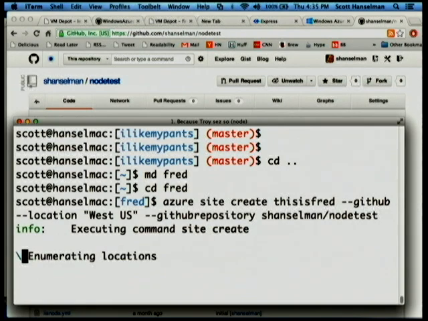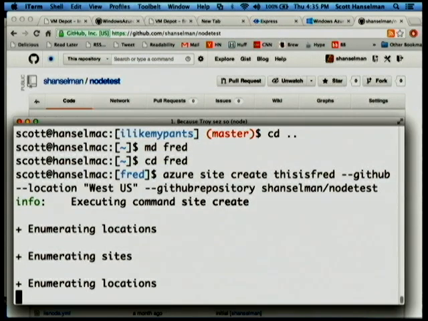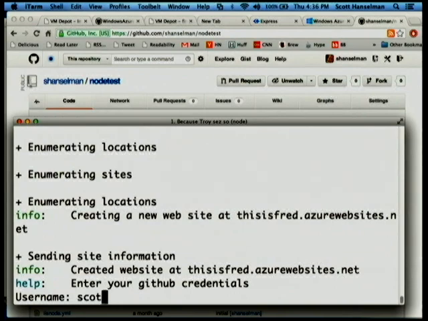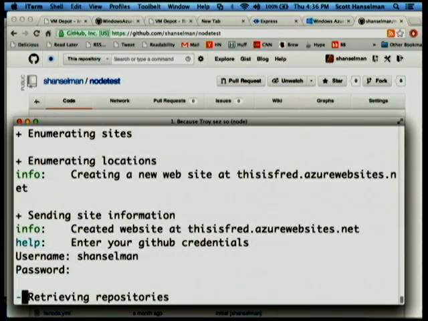And then that will actually go and put a site hook into GitHub and then automatically deploy it to Azure whenever the GitHub stuff updates, which is pretty sweet. And in a second here, it's going to prompt me for some GitHub stuff. And we're working on making it work with SSH keys and stuff like that. Right now I think it's going to prompt me for a password, which I have to remember. How do I log in? Cross my fingers. And that will go and deploy that.